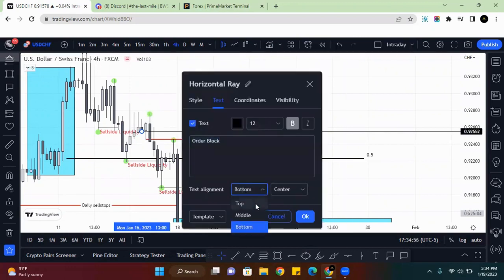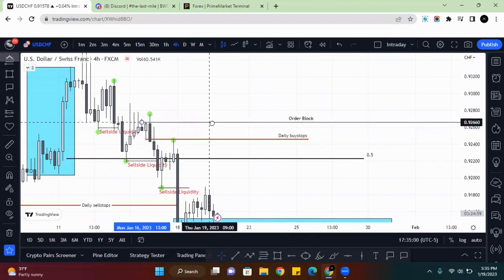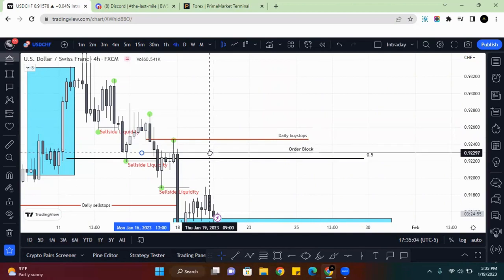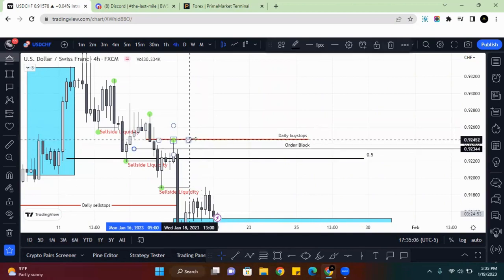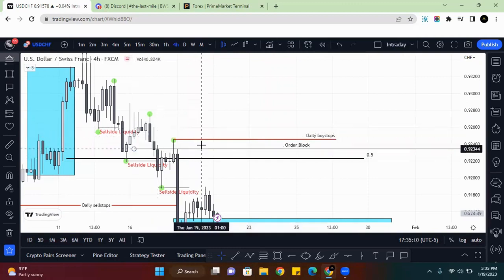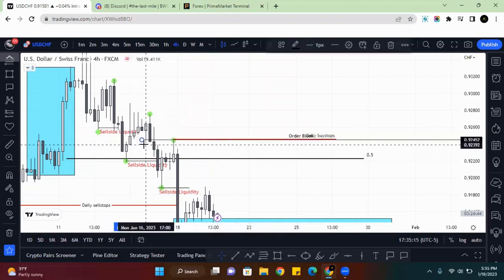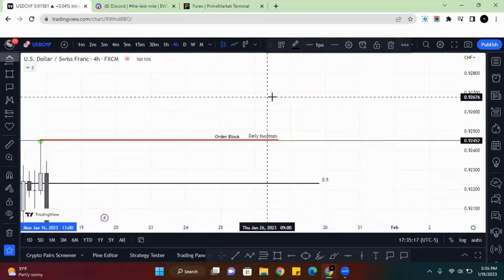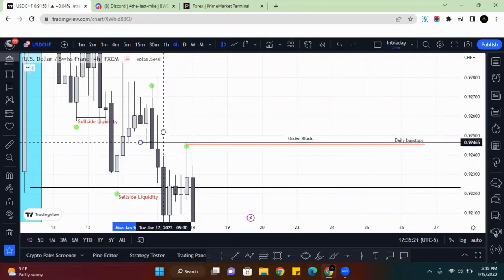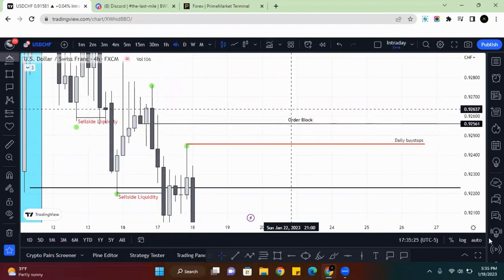Let me see. Top. All right, so if you don't want to mark up using a rectangle tool, you can also use this. You can mark it up because these buy stops are exclusively right here on this high. So let's move that over so we're not confused. You can either put it on the open of the bullish candle, which would be literally right here, or you can put it at equilibrium in the middle, because normally 9 times out of 10 equilibrium gets tapped, and just mark it up as an order block.